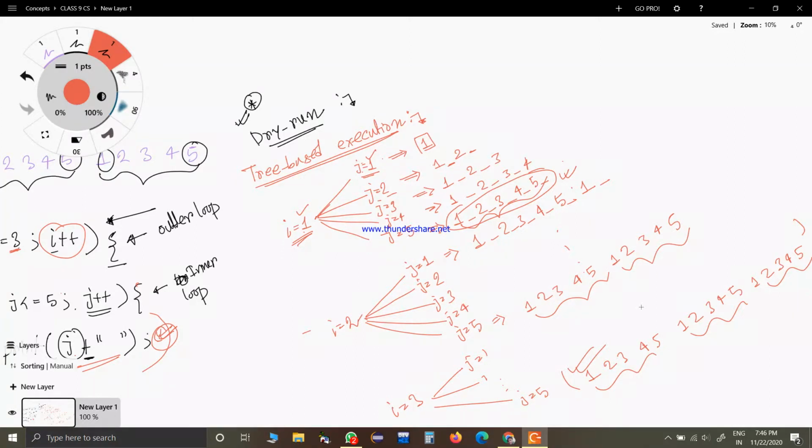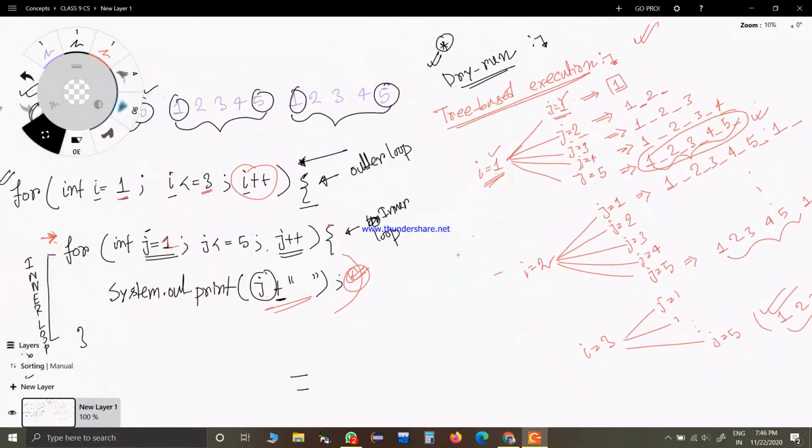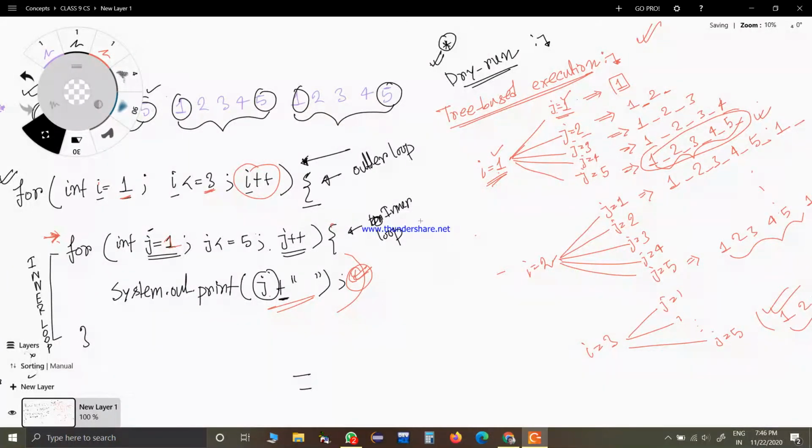After this, I will not explain this process for each and every program, because that way each and every program becomes too lengthy. So you have to just imagine how the loop is working.